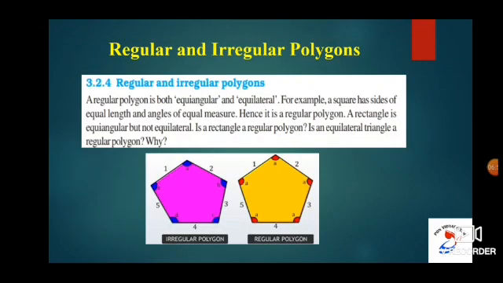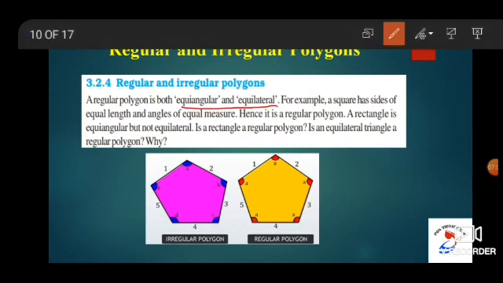Now we will see what irregular and regular polygons are. So first, regular. A regular polygon is both equiangular and equilateral. Before continuing with this one, you should know what equiangular and equilateral mean. The word equi means equal, angular means angle. So if I say it is equiangular, all the three angles, or however many angles there are, everything should be equal. So if all the given angles are equal, then it is called equiangular.